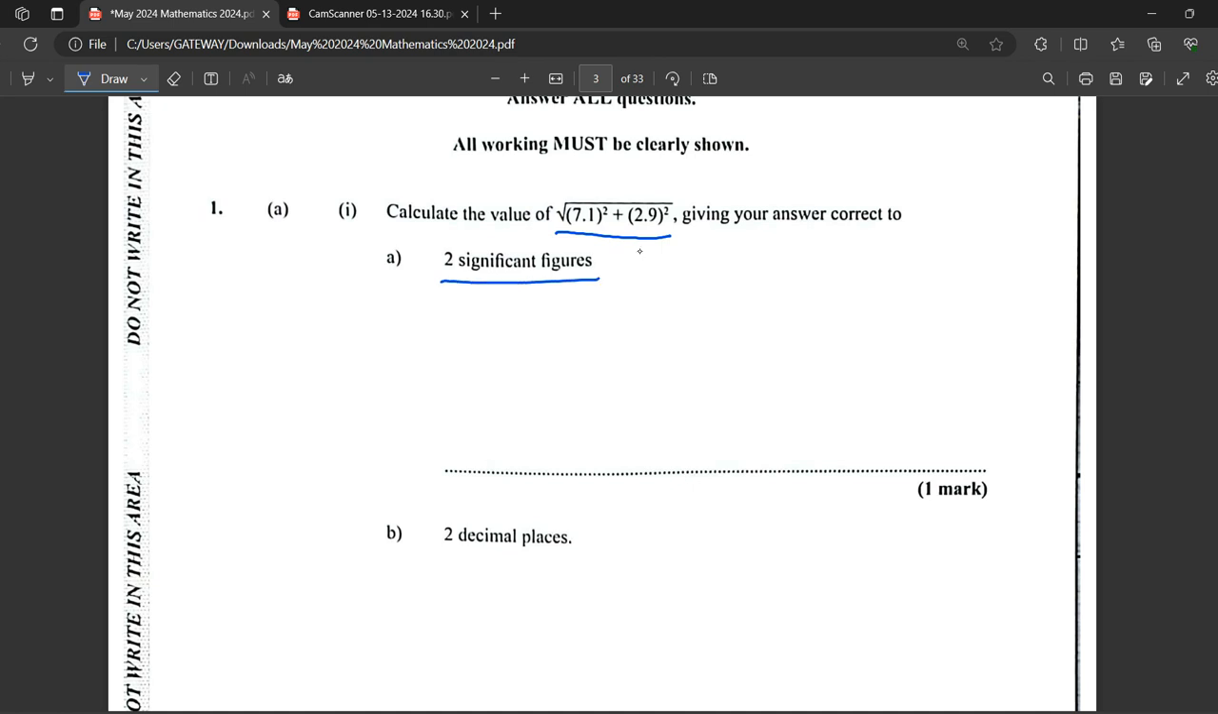What does two significant figures mean? That means the first two non-zero digits, right? So what I did basically, I write back the square root symbol and I work out 7.1 squared plus 2.9 squared, and I got 58.82. Then I find the square root of 58.82, and I got